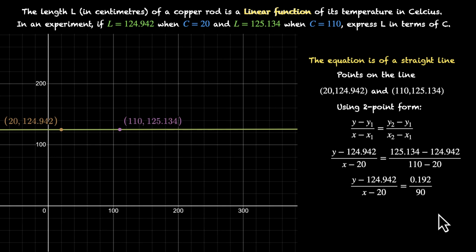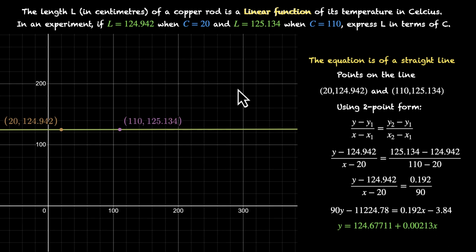So the denominator is 90. This value is 0.192. The difference is only of 0.192. This remains the same, y minus 124.942 by x minus 20. Now let's cross multiply. This is 90y minus 90 times this. This is going to be 1124.78 equals to 0.192x minus 20 times this. That's 3.84. Now we can rearrange and divide by 90. We'll get y equals to 124.67711 plus